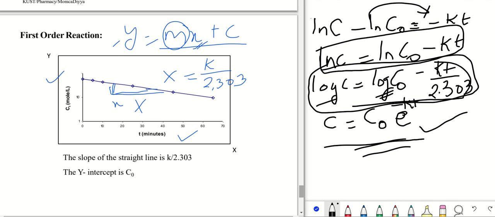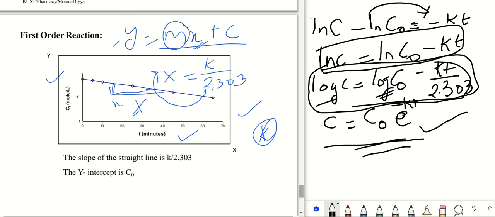So from this graph we will be able to determine the rate constant. How? By multiplying this value from the graph by 2.303, which is equal to k, and thus from this equation we will be able to determine the k value,